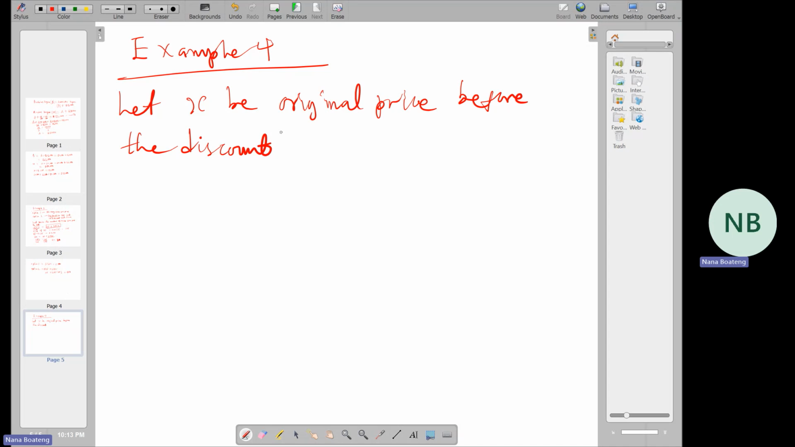So if X is the original price, after the 30% discount you are paying X minus 0.3 of the original price X. So what you are paying represents 0.7, or 70%, of the original price. So if you want to find the original price, we have